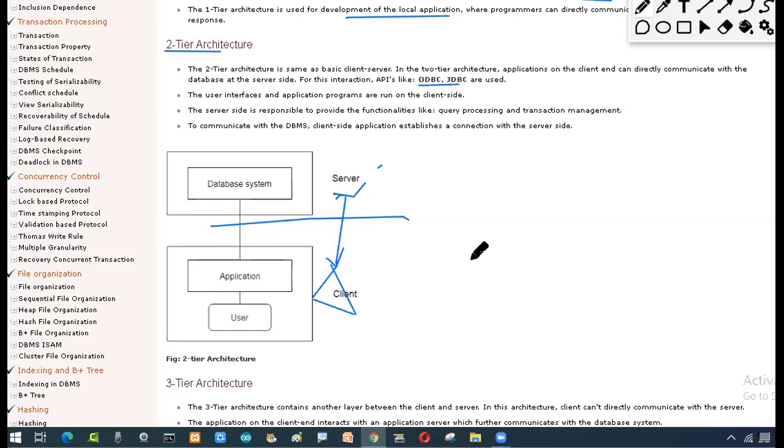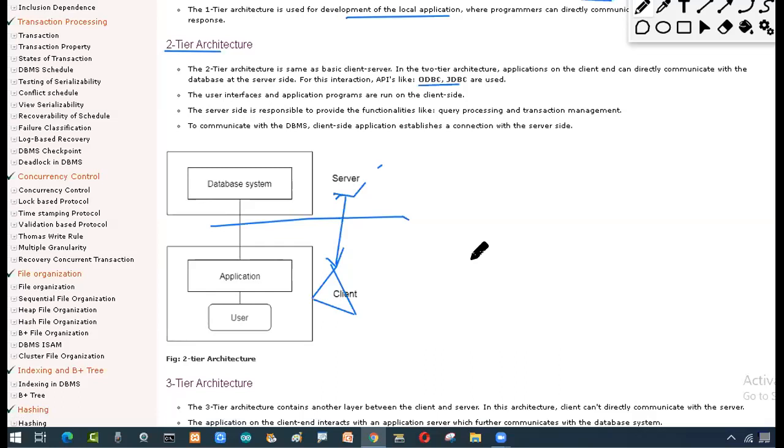So what is happening here? My application platform is different and the database platform is different, because these are two different third-party tools. I'm using different tools to develop the application. My platform should understand the database system, and the database should understand my platform. It's like an example: a person who knows Telugu and a person who knows French.